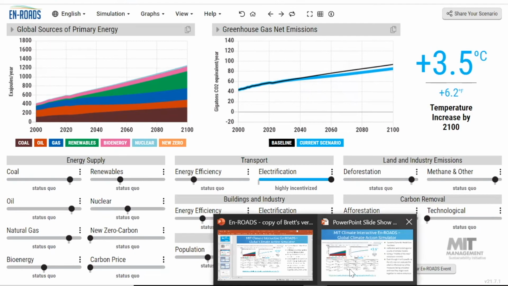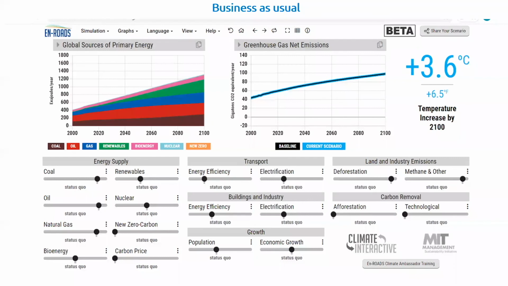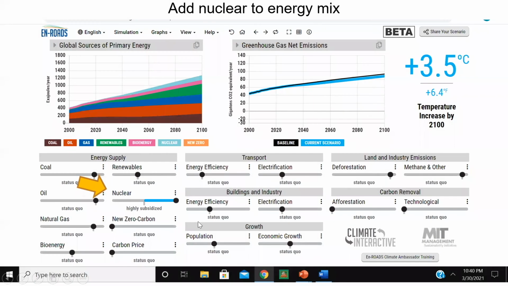So what I'm going to do now is go back to the PowerPoint. I've actually taken screenshots of different simulations. We'll just move through the whole thing a little bit more quickly if we do that. So what I want you to do now is to put your eye on the left-hand chart and take a look at the nuclear. It's this very light blue, barely visible line. This is the amount of nuclear in our mix right now. And what if we were to introduce policies that would incentivize building new nuclear plants? Let's move the lever to the right and see what happens.